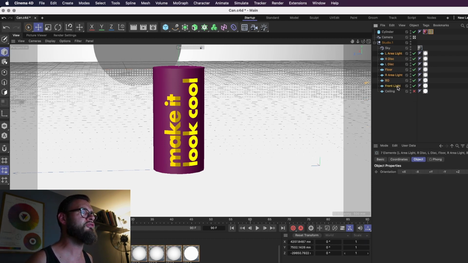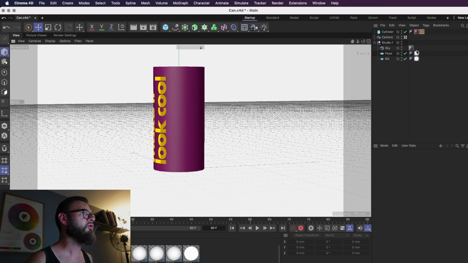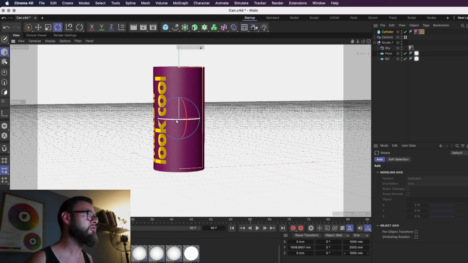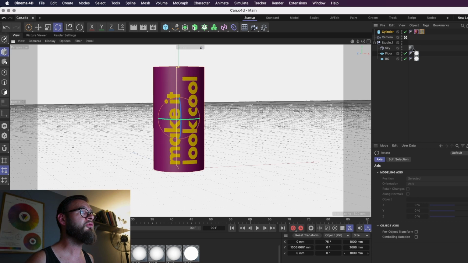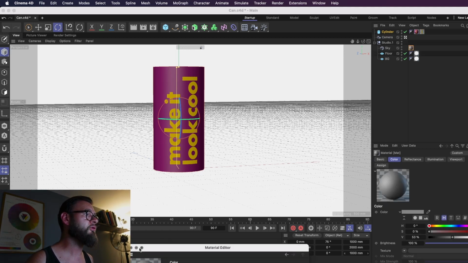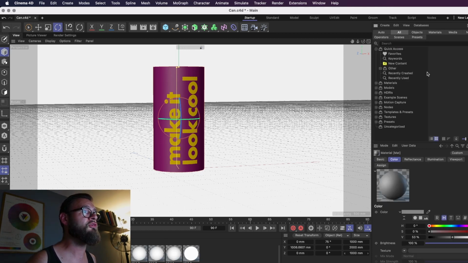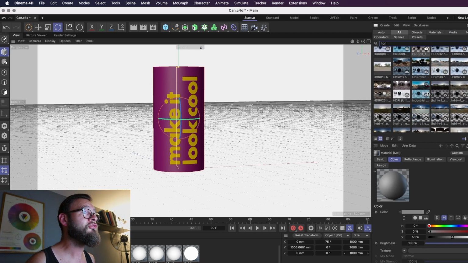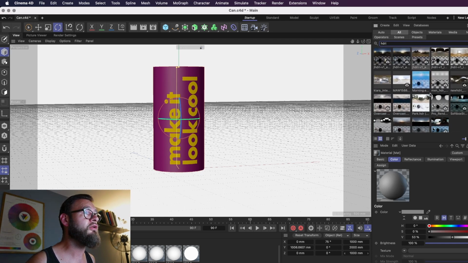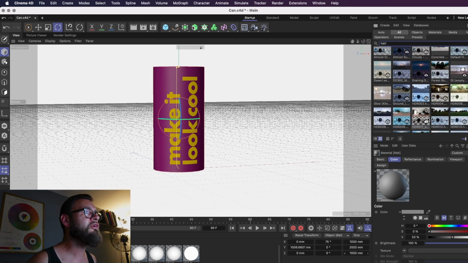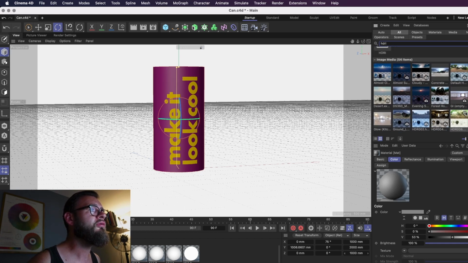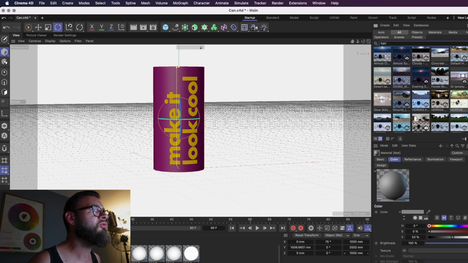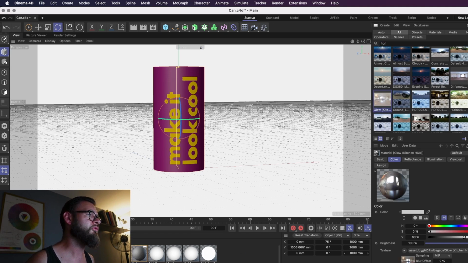You know what I'm going to do? I'm just going to delete these, all of them. Maybe except for the floor and the background. And then what we're going to do, let's just rotate this so you can see the text and make it look cool. I'm going to add an HDRI. There's loads of HDRIs built into Cinema 4D, so let's just look for one of those. We'll just select one of these HDRI files, which I do like to pick around a lot, but we'll find one that works. This one will be alright, won't it? That'll come in there as a